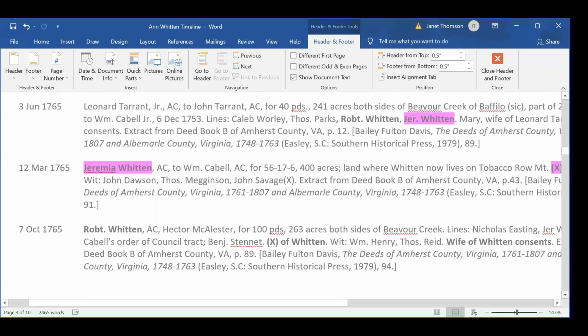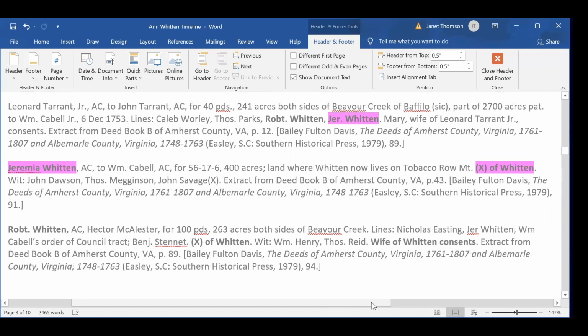Down here on October 7, 1765, there's a really important little statement right here. Robert Whitten, 263 acres, both sides of Beaver Creek, and Beaver Creek has been spelled many ways here. It says the witnesses, William Henry, Thomas Reed, and the wife of Whitten consents. Keep that in mind for the next session that we have on the 20th of this month, because